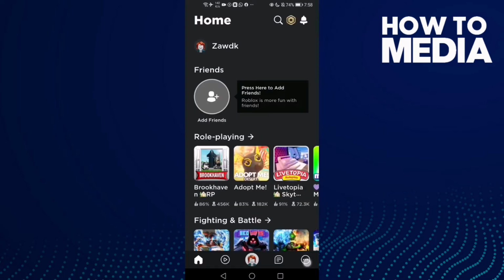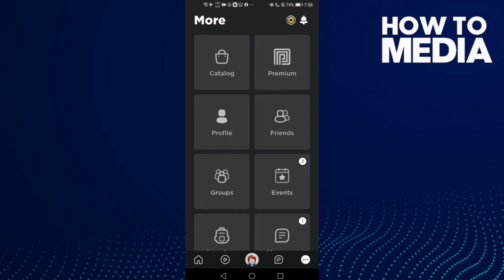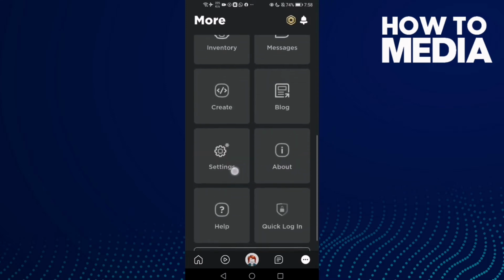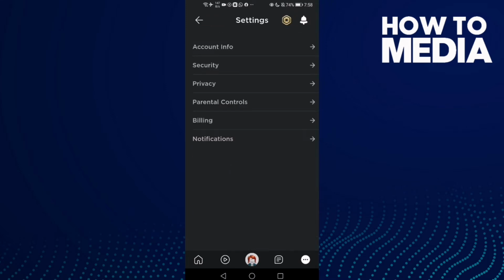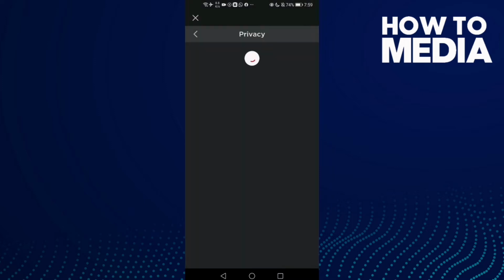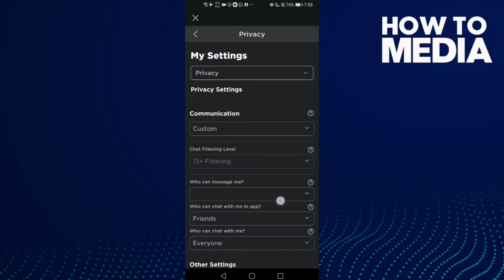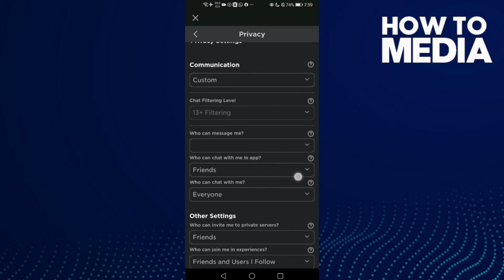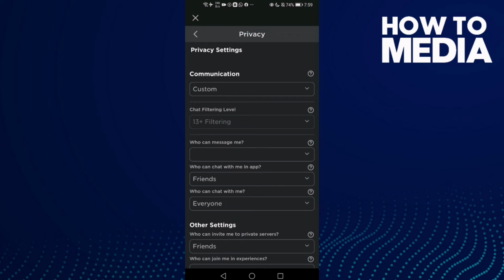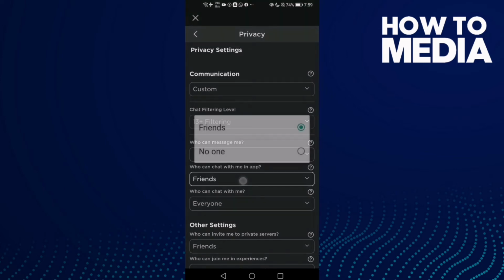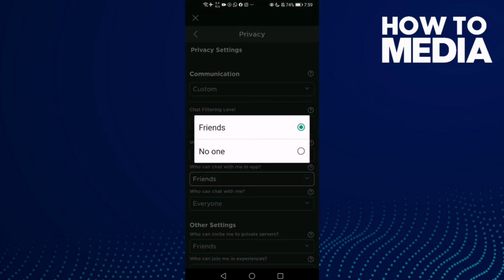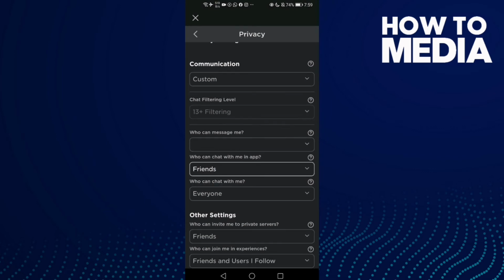and now click these 3 points here in the bottom corner and go down, click settings and then click here privacy, and now click this one. You will find it here, who can chat with me in app, and you can select friends or no one,